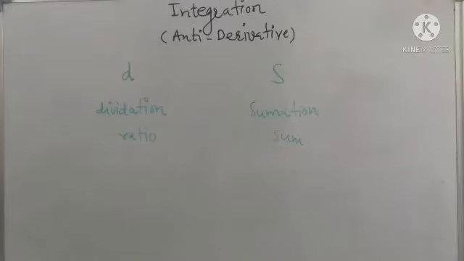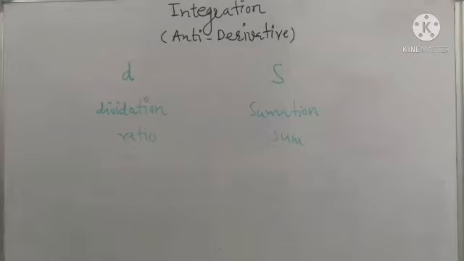Welcome. We start a new chapter, integration as antiderivative. Yes, integration is a reverse process of derivative. In derivative, we differentiate if one object is given. If it is cut into small pieces, the process is called derivative. If these small pieces are joined, then we again get a complete object, and this process is called integration.